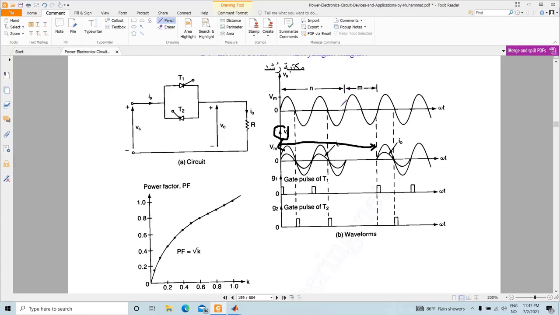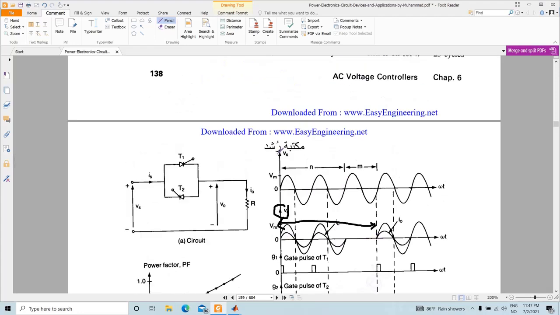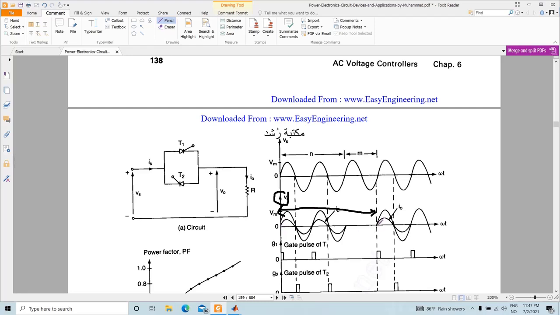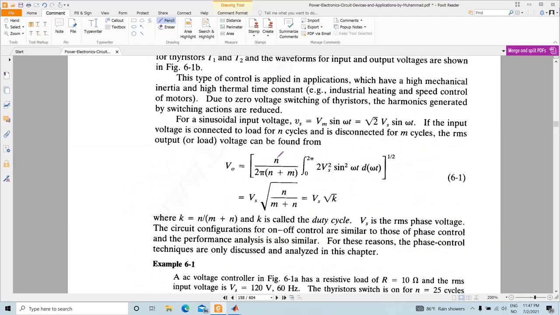So if you calculate the RMS value of such a waveform, that means the RMS is the square root. First comes the square root of everything, and then you integrate it for the whole cycle, from 0 until here, and that corresponds to integrating N multiplied by the time. So it is N multiplied by (root 2 Vs sin omega t) whole square, which corresponds to 2 Vs square sin square omega t, and then